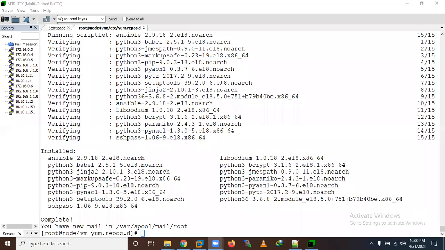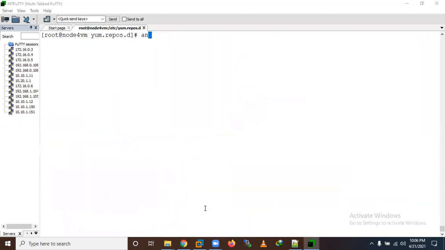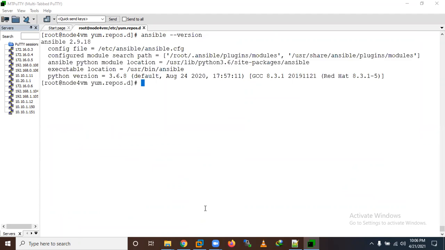Now you can say Ansible has been installed. You can see all the packages have been installed perfectly. Let's verify: ansible hyphen version. Ansible 2.9.8 has been installed, and Python version 3.6.8 is being used, along with this compiler version.